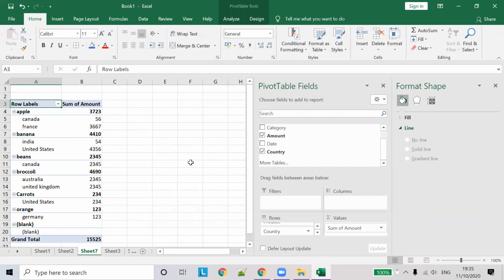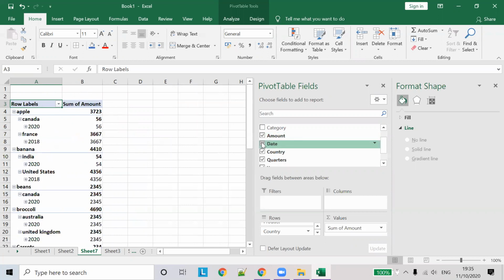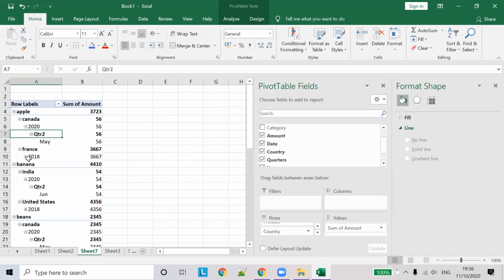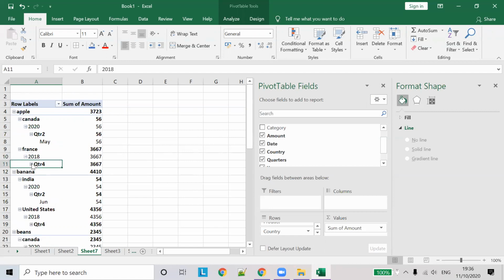So if you want to display things using date also, we can do it. Once you select date, it shows. If you see quarter two, May month is quarter two. The first 3 months of the year, January, February, March, is quarter one, and the second 3 months is quarter two. May lies in the second quarter. October lies in the fourth quarter. So all this information can be displayed using pivot tables.